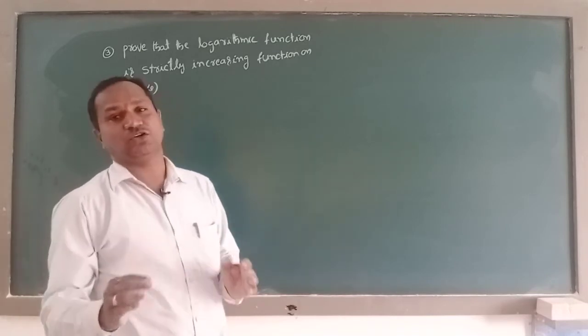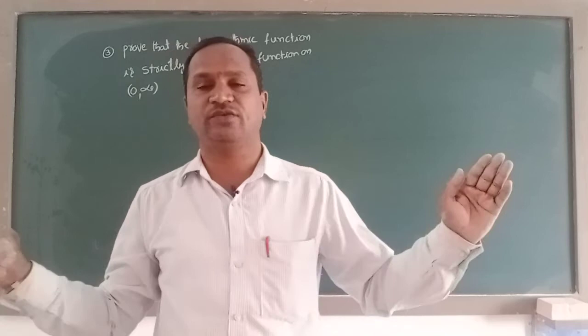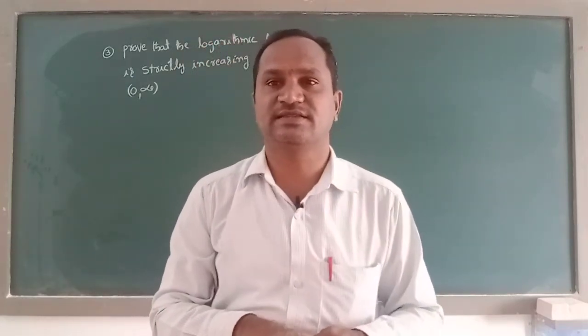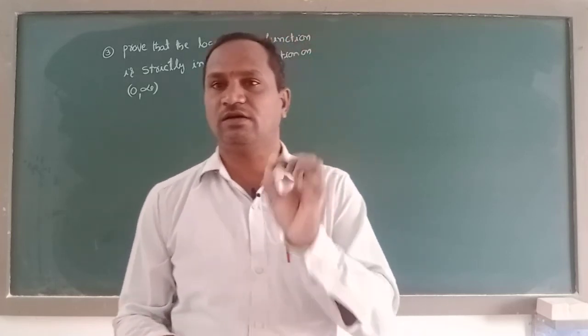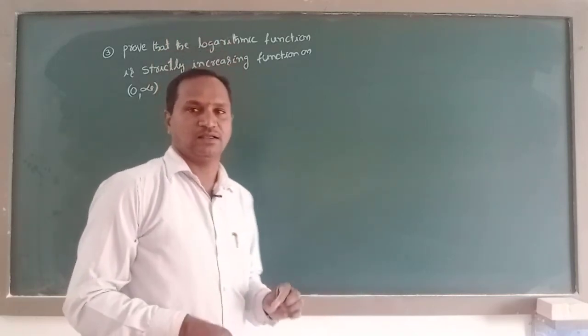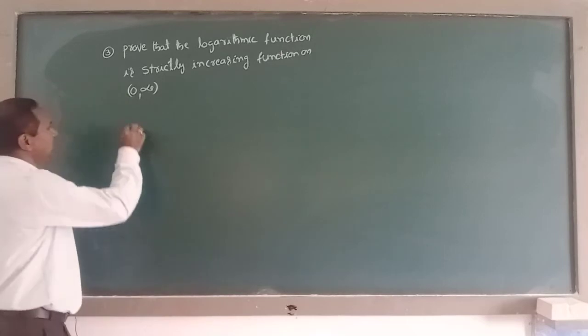In the interval 0 comma infinity means exclude the endpoints 0 and infinity. We must include only the numbers in the middle. Logarithmic function means here we must take a logarithmic function with respect to base e. Now let us give the solution for this question. Solution is: